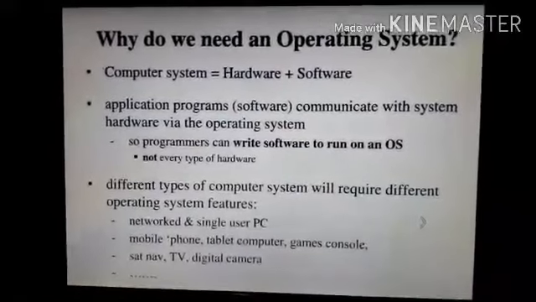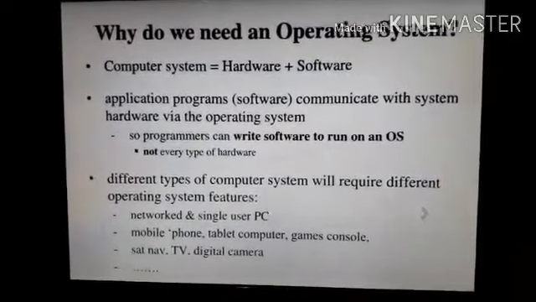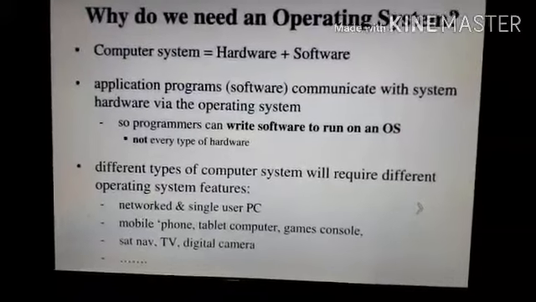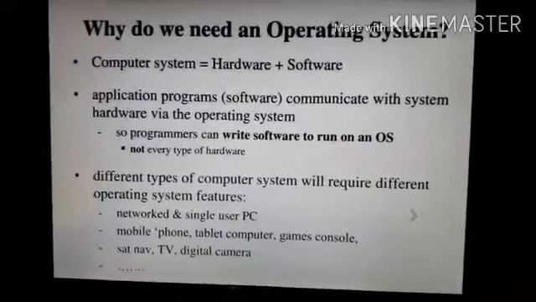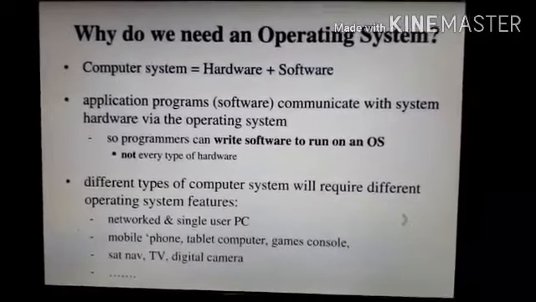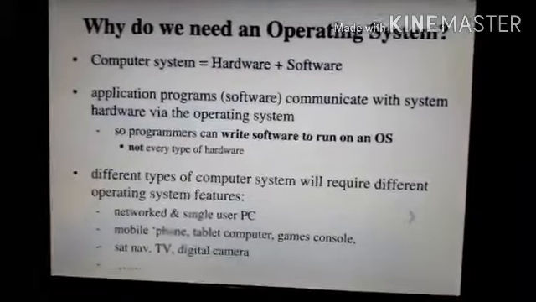Suppose you want to press keys on your keyboard and type something. You use your hardware, but you don't touch the software. That's what the operating system does. You give the input from the keyboard, it takes the input and gives you the output.